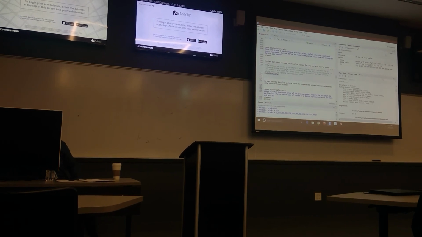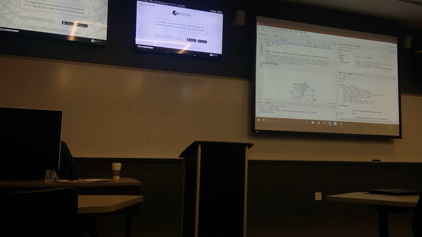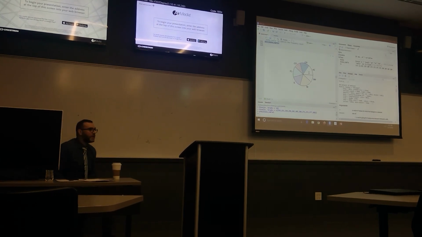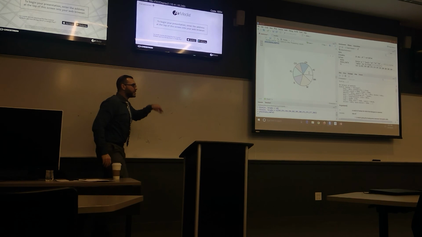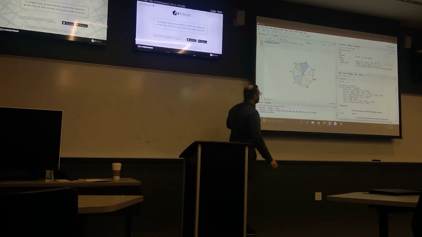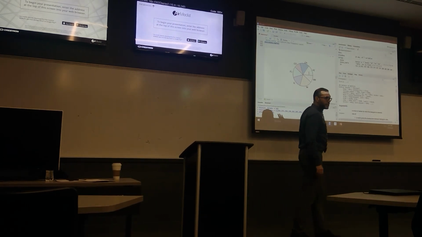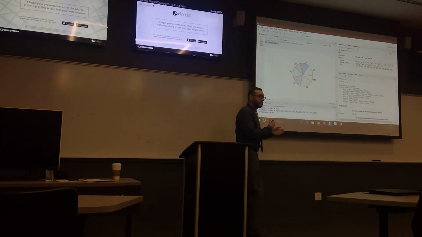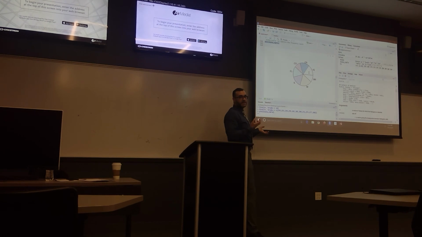The function is called pie. Very intuitive. And now it gives me the chart. You can also add the numbers. If you do question mark pie, you will see how you can add the numbers. The question I want you to think about, and you will see at the end of this, is whether this is better or the bar chart is better, for the same thing you're trying to visualize. It's the count per state.